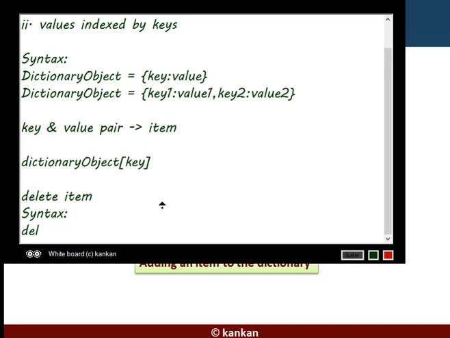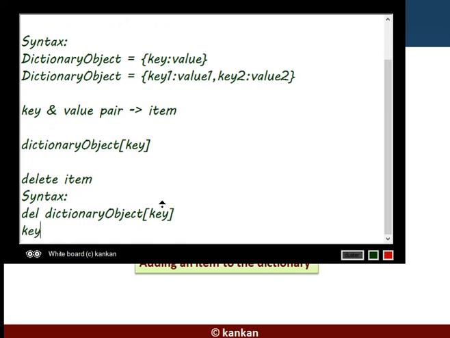Del is the keyword that will be used to delete. Mention the dictionary object and mention the key you would like to delete. Again, you need to mind that the key you have mentioned here must exist in the dictionary.